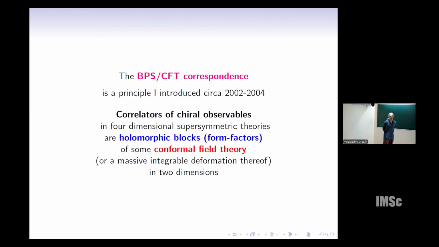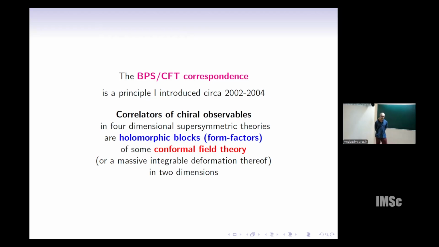So what is this topic? The name is a little bit of a joke, but it's a serious name. It's a correspondence which I introduced more than 20 years ago, which came from the observation